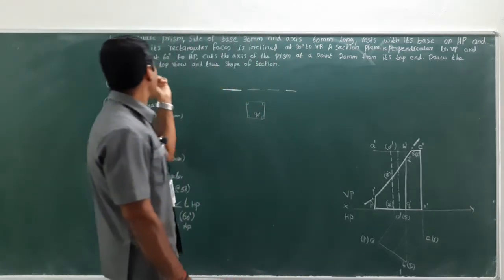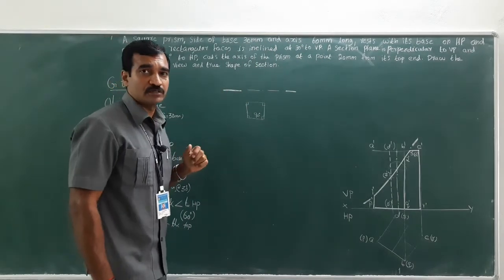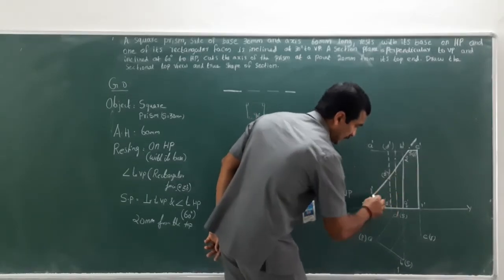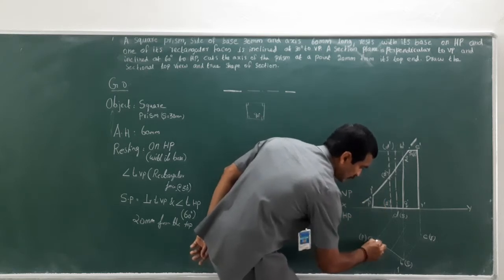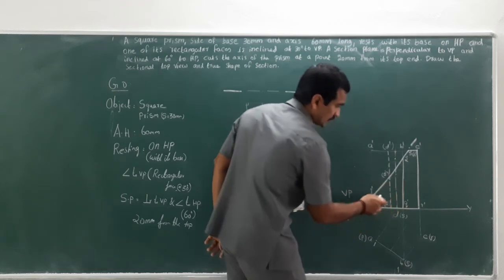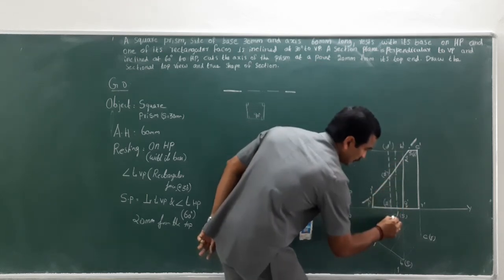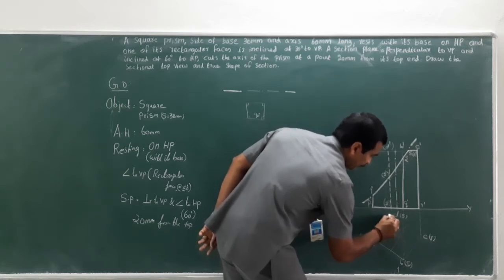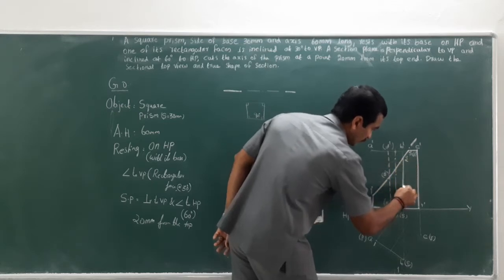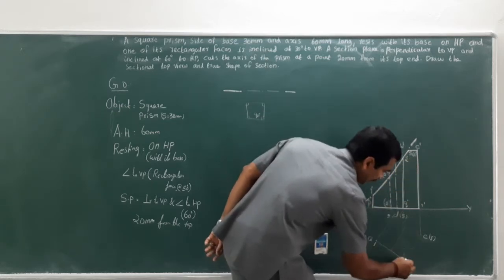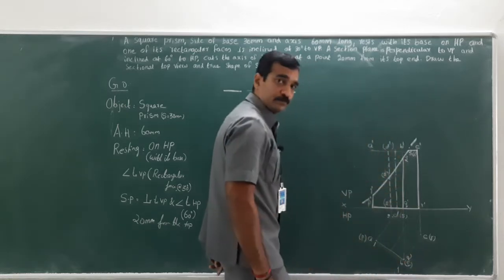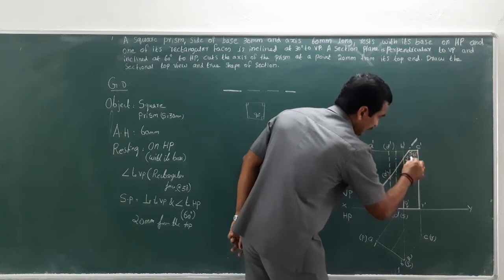Now in the question, the sectional top view is being asked. So how can that be done? Let me project all the points here. Let me project it here. This could be 1. Let me project this one. This is on SD. So therefore this is the point. This could be 5. Let me drop this line. This is on PQ. This is on PQ. So this is terminating here. That is nothing but 2. Let me drop this line vertically down.